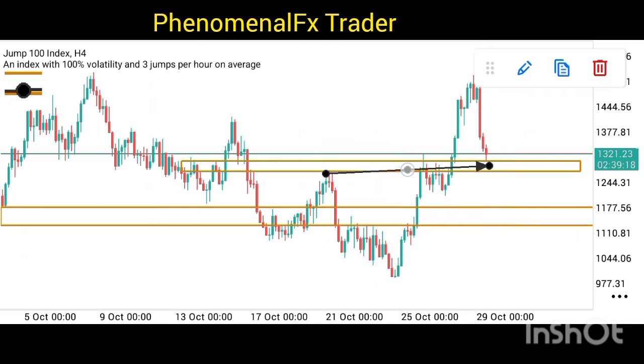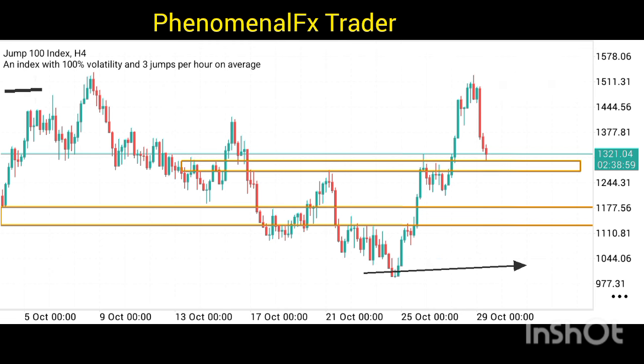Go to a lower time frame, spot it. If the market starts consolidating around here, then maybe on a lower time frame you spot a change of character. You may just decide to understand the market to possibly buy. All right, but also understand that even when the market buys on that 4 hourly time frame, there is